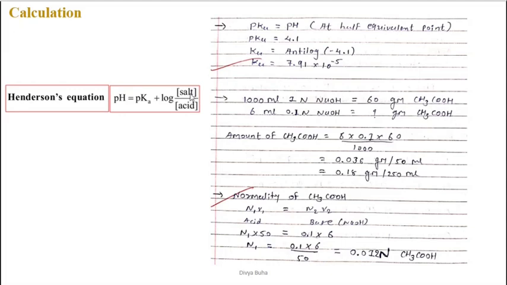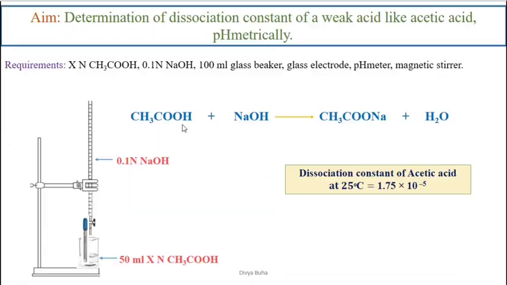It would be 0 when the concentration of salt and the concentration of the acid would be equal. Because when the concentration of salt and acid would be equal, at that time the concentrations would cancel. So it would be log 1 and log 1 is 0. And at that time pH would be equal to pK. So now let us see when the concentration of the salt and the concentration of the acid would be equal. Here acid is the acetic acid, salt is sodium acetate. So you need to think about when the concentration of both of these would be equal during the course of the titration.